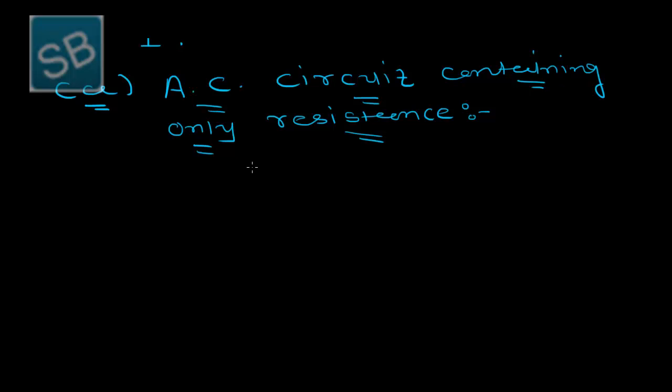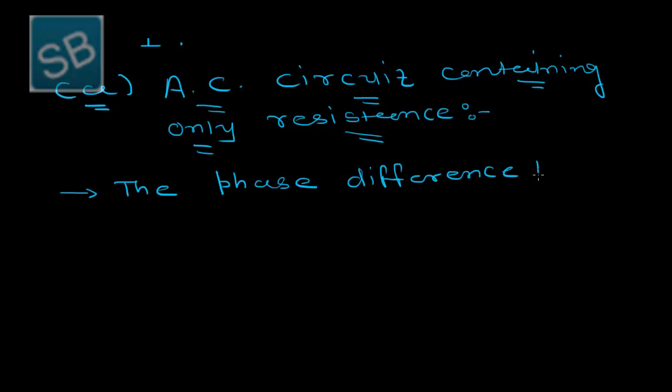But in this case, for a circuit containing only resistance, the phase difference between voltage V and current I is 0,